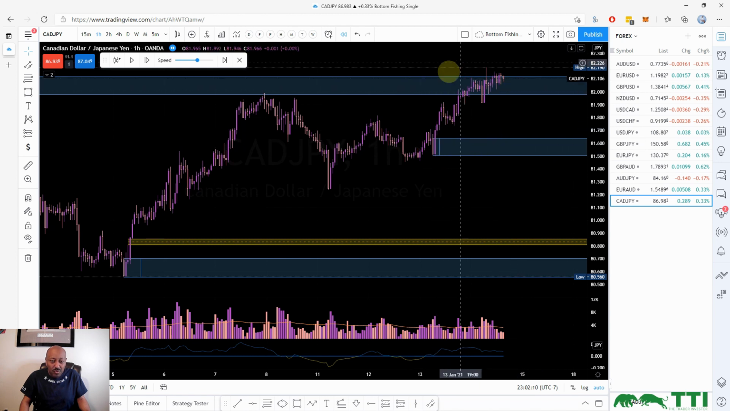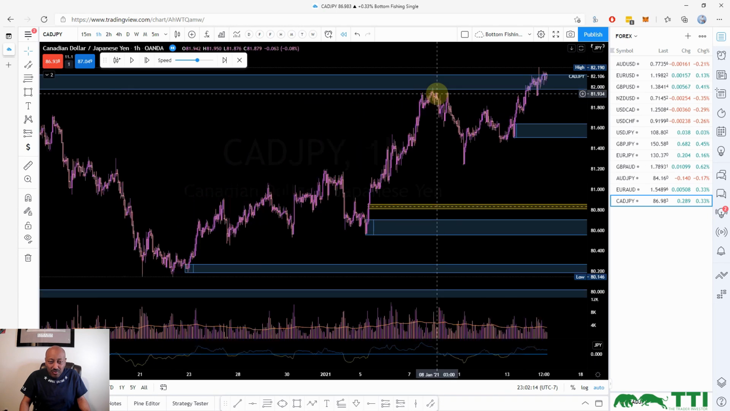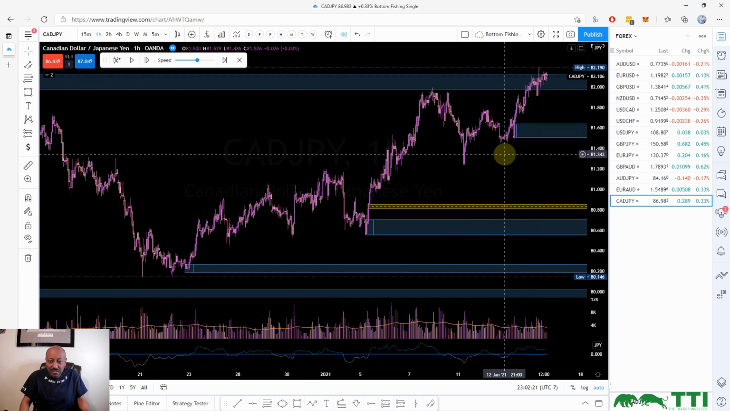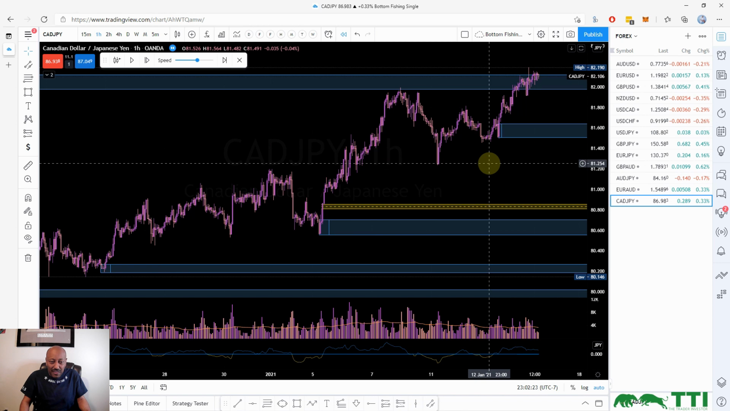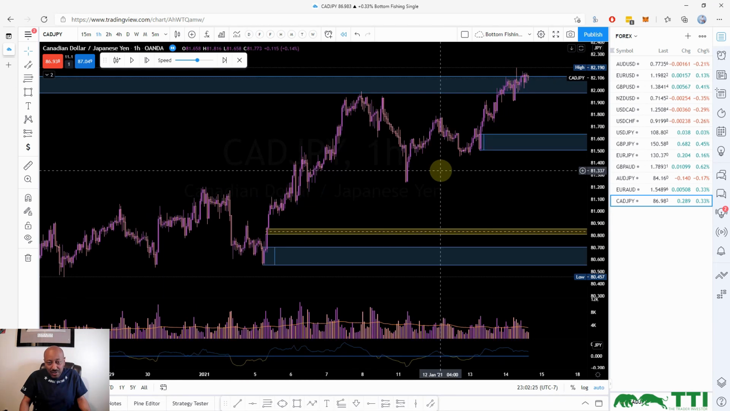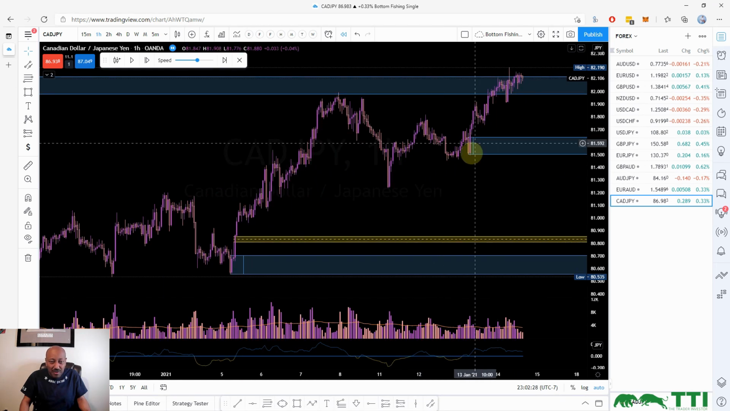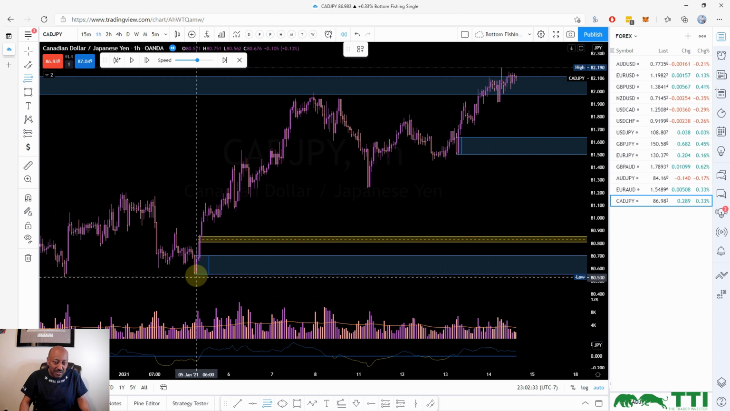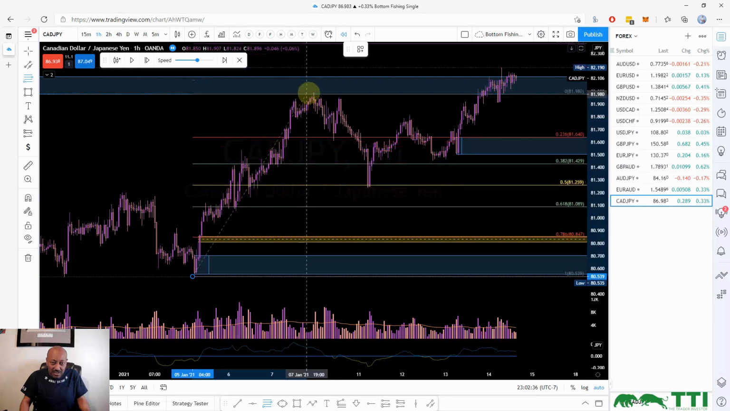I don't want to enter a short position when my bias is bullish. When my charts are telling me bullish, I don't want to enter a short position. I don't want to enter a short position if this happens. I will make an exception at times, and I'll just throw it out here as an example. If I see